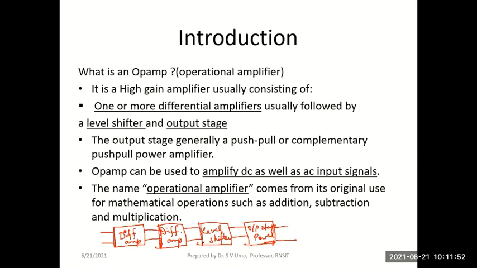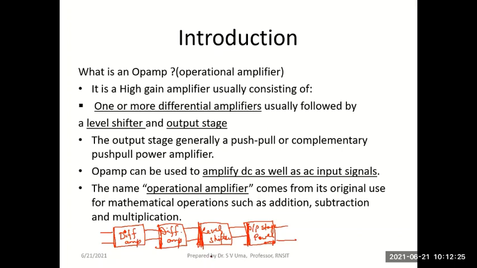Third is a level shifting stage, which will remove the DC levels for AC operation. And the last one is the power amplification or the output stage. The output stage, which is a power amplifier, is normally of push-pull type or complementary symmetry. Anyway, we'll be studying the different types of power amplifiers later. You just remember this last stage is a power amplifier, and